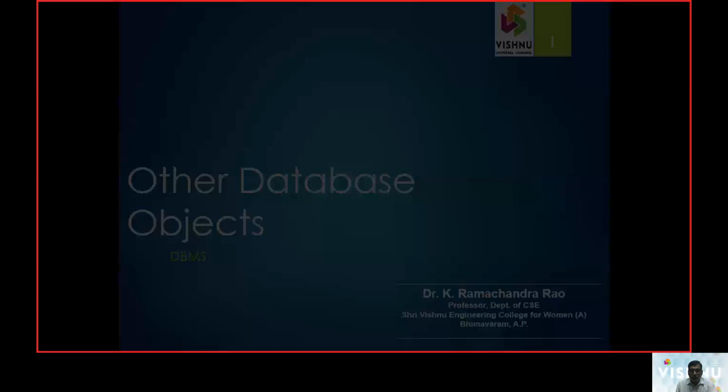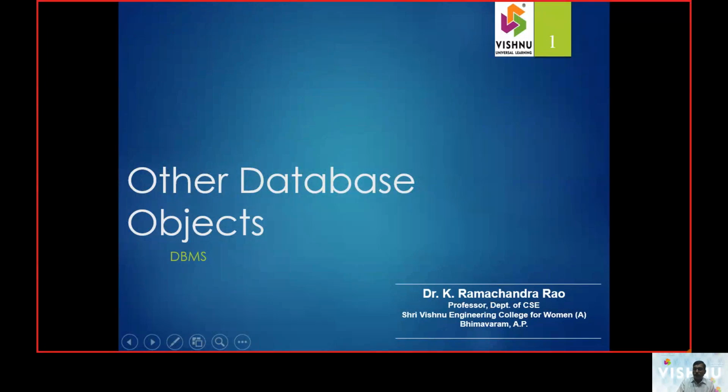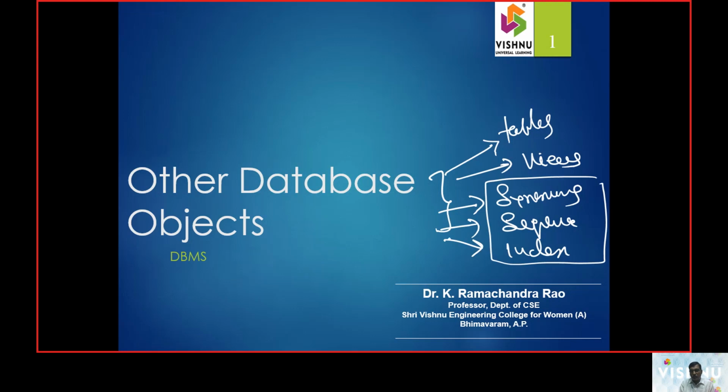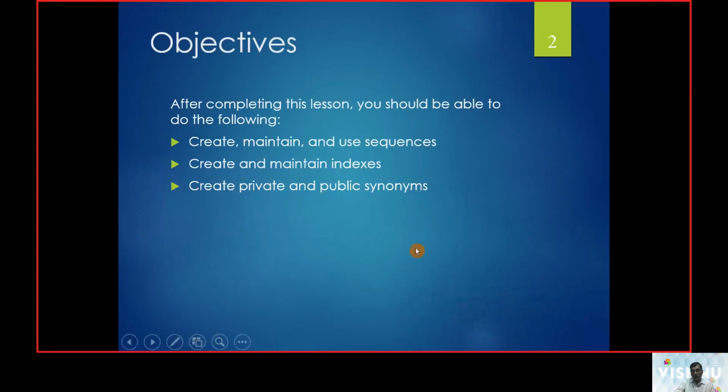DBMS lecture, and now we are taking up towards the SQL part. So in the SQL part, we had an overview of the database objects. One, we called it tables. Two, we called it views. Three, it was synonyms. Fourth one will be sequence, and the other one will be the index. So now in this talk, we will be covering synonyms, sequence, and index as a part of the database